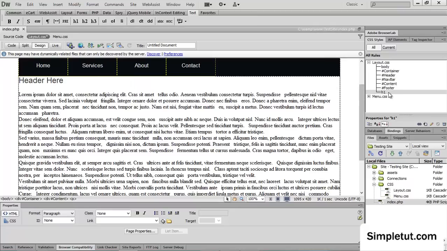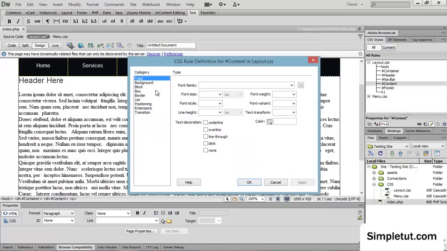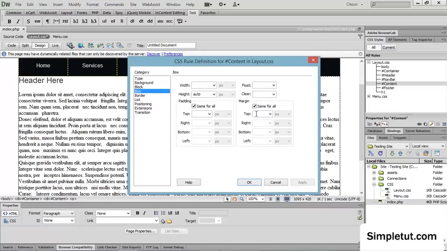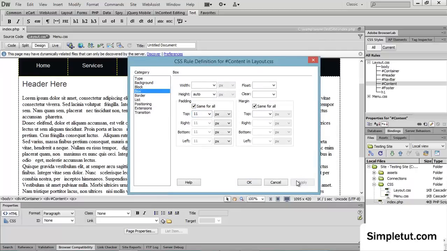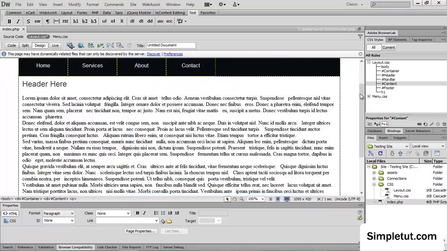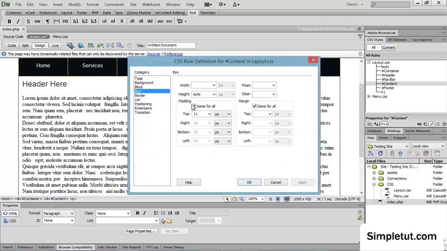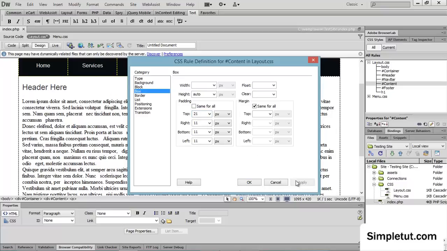The other thing we want to do is, here we have our content div. I want to set some padding. So I'm going to set about 11 pixels padding. Looks quite good. I want to get some padding on from the top, about 21,